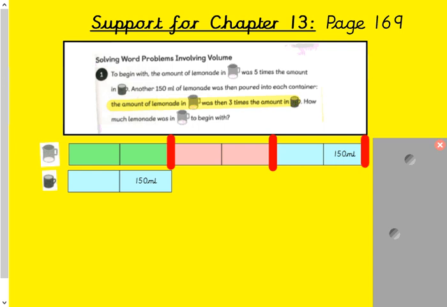Now this is the bit, if I'm honest, that took me a while to get my head around. It's the second part of the second sentence. So let's read it together and highlight it. The amount of lemonade in the jug was then 3 times the amount in the cup. And as you can see here in the top bar, I've got 1, 2, 3, 4, 5, 6 pieces. And if I break this into thirds, I know that each third should have 2 pieces in it. So here, 2 pieces, 1/3, 2 more pieces for the second third, and